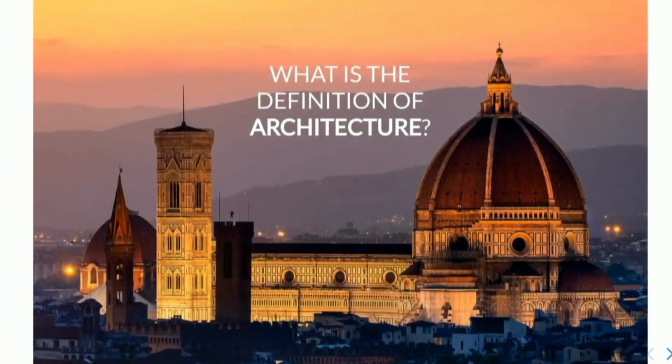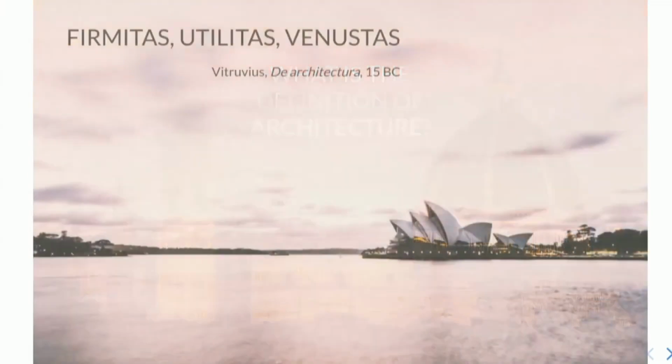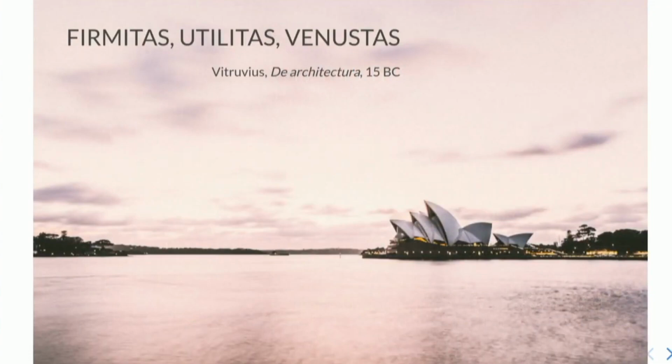So today it's a talk about the clean architecture, and I want to start with a question, thinking a bit about what architecture is. We mention architecture many times, the architecture of a system. What is it? What is its definition? So I found this in a book that has been around for a while, De Architectura. It means about architecture. It's been written a couple of thousand years ago.